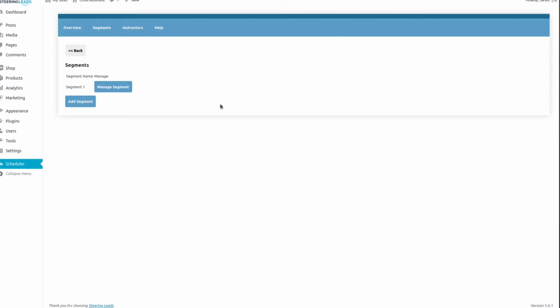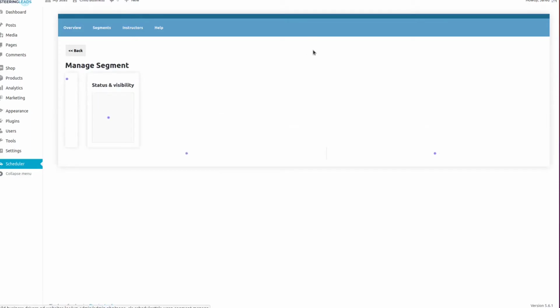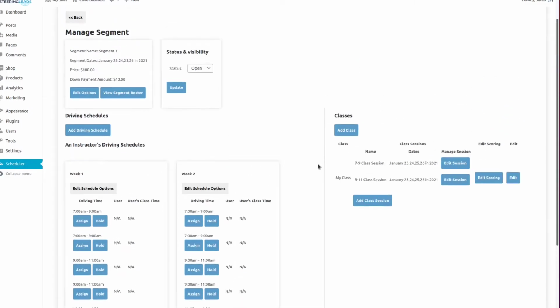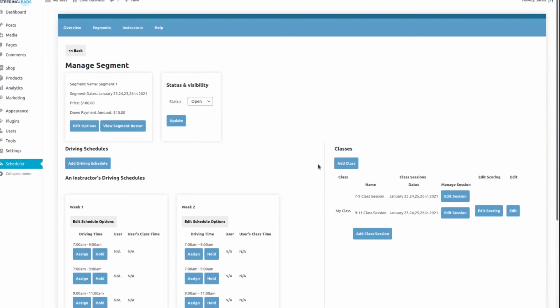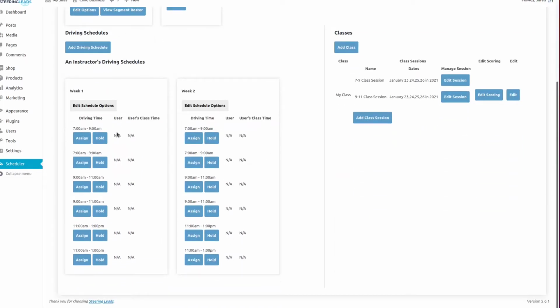I currently have one segment already created, so I'm going to head over to Manage Segment. And here we have a bird's eye view of everything going on with our segment 1. Right here on this side we have our driving schedules, and all of the driving schedules are sorted by instructor. Let's say that you offer on-road instruction throughout a couple weeks, and you have multiple instructors that have different